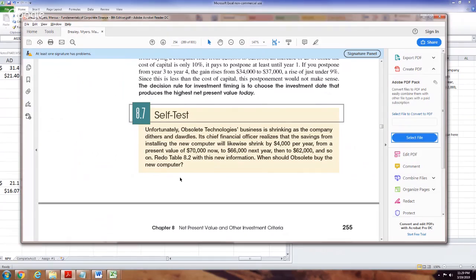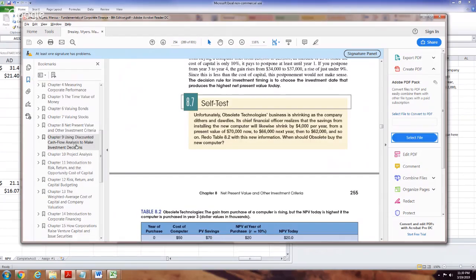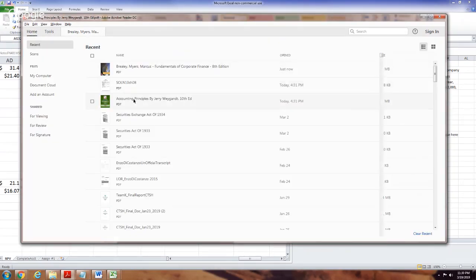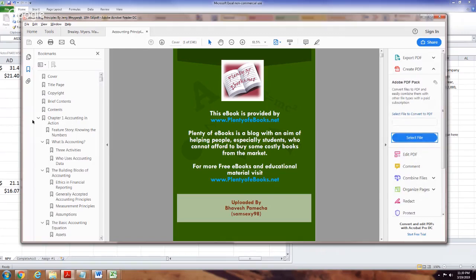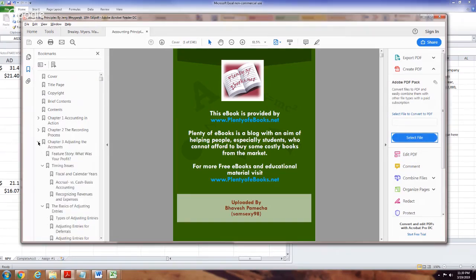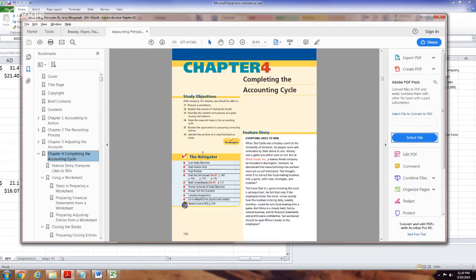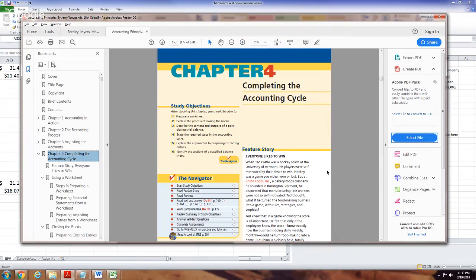And like I said, I was emailing you guys for a while, the online section, sending you textbooks and read this chapter, that chapter. So like I said, there's 2 chapters you're going to be reading. Okay, you're going to be reading the net present value here, and what I'll do is I'll just quickly open up the accounting book, which again, all that stuff's on Blackboard. In the accounting book, just read chapter 4, completing the accounting cycle. Okay. That's all stuff for the online guys. That's all you need to do.